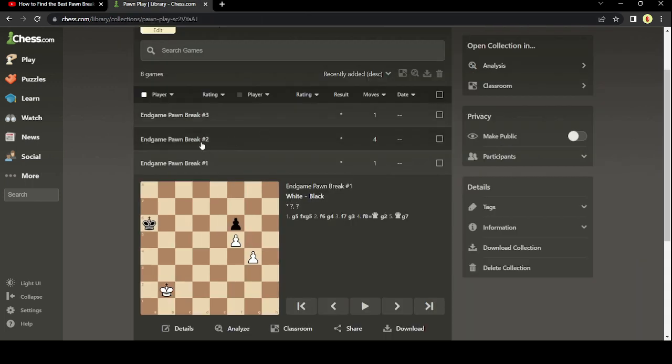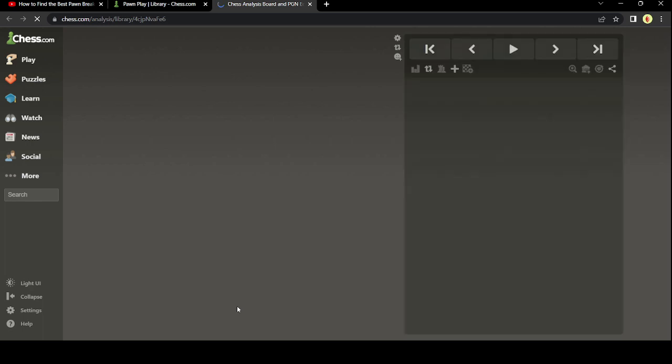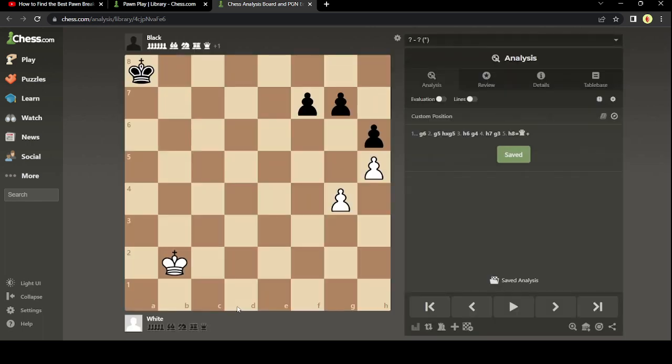I'm going to show you a separate endgame pawn break right here. Let's analyze this situation. This has a few more pawns in it. So in that last example, I was trying to create a pass pawn. In this example, I'm also trying to create a pass pawn, but check this out. It says I'm further up the board with my white pawns here. I'm closer to my promotion square than black is to its promotion square way down here on the F, G,